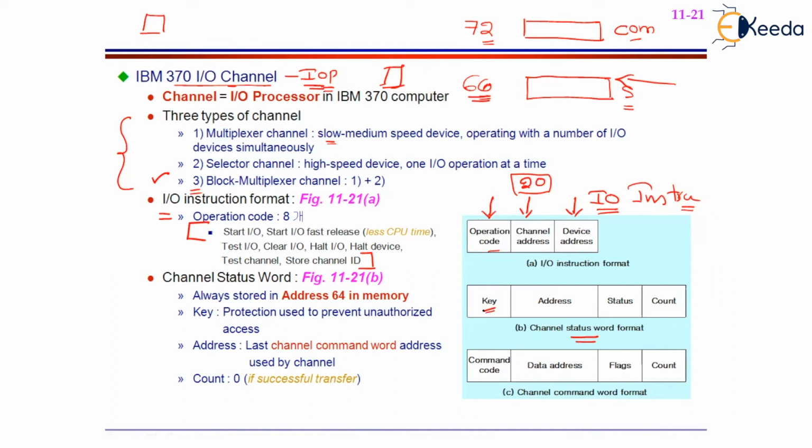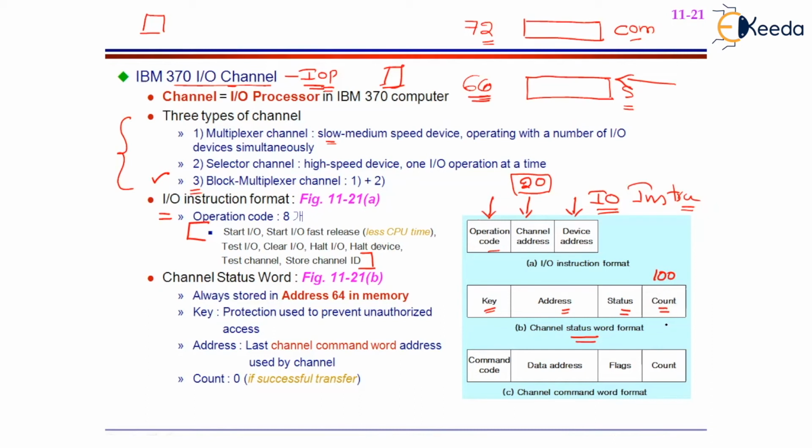One is the key field. We'll understand about the key field. The address is going to specify the last executed IO instruction's address. Status is, do we have any errors? Those errors will get recorded in this status field, followed by the count. Count is going to give you the total number of words that are transferred so far. Initially, this count field will be the maximum number of words. Before the transfer happens, let us say the total number of words that need to be transferred from main memory to the peripheral device is 100. Once the transfer is initiated, this count field will get decreased, right? At the end of each word transfer, this count field will get decremented: 100, 99, 98, 97,